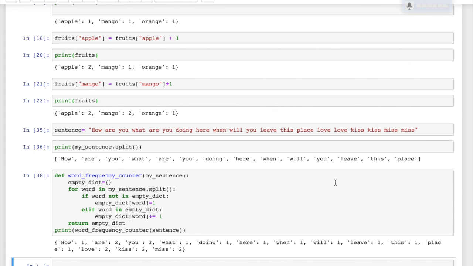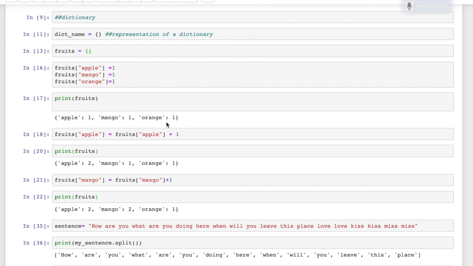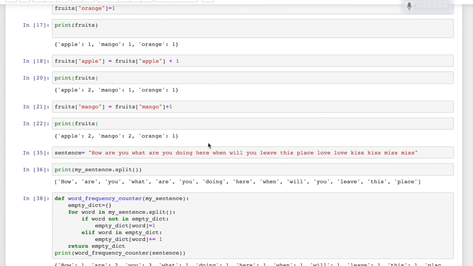So this is the reason I want you to know all these things: how to represent an empty dict, how we can add elements to a dictionary, and how we can increment the values of a key. Okay, this is the reason.